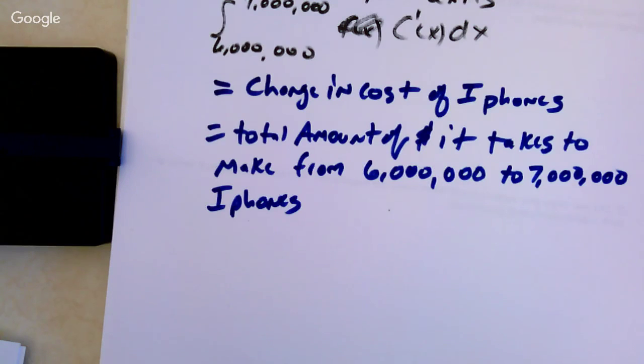Okay, what is not included in that? Is it the cost to design the iPhone? No, because that's going to be something that it costs you to make the very first iPhone, right? You cannot make the first iPhone unless you pay a whole bunch of expenses first. You have to design it. You have to test it. What else do you have to do?